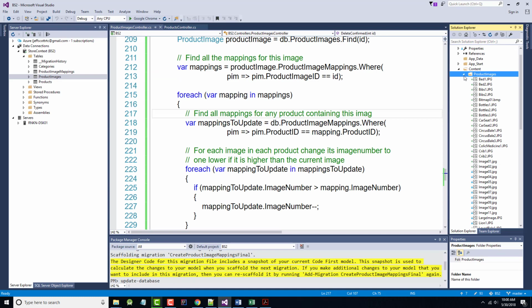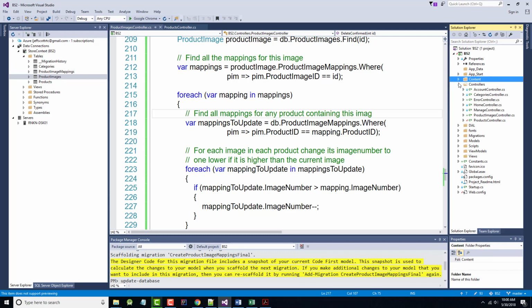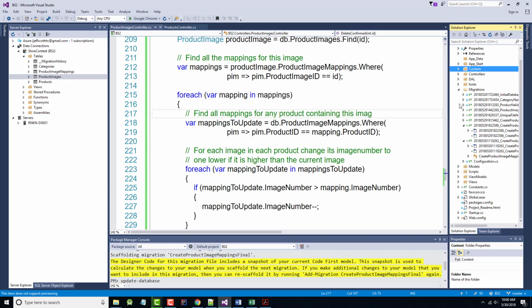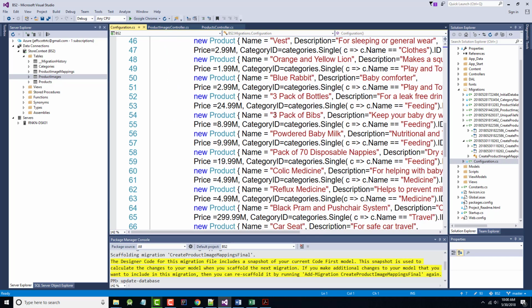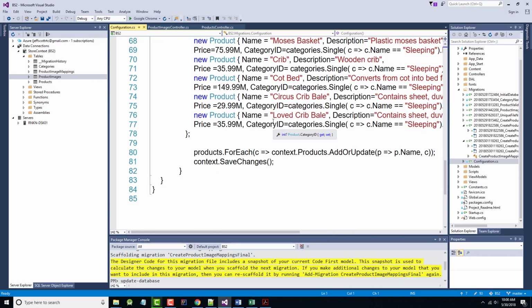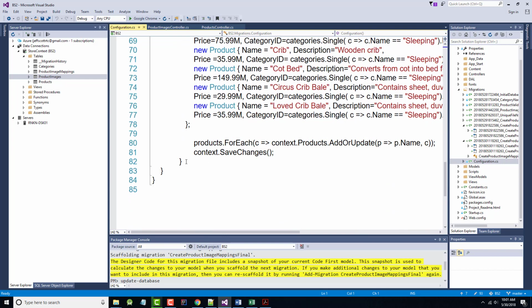Let's close our images. That's going to clear that up quite a bit. And close our content and close our controllers. All right. So we want to go into the migrations and our configuration.cs file. And we've got this in there to the end of the seed method. Well, this should be the seed method, I believe. There's seed. So at the end,